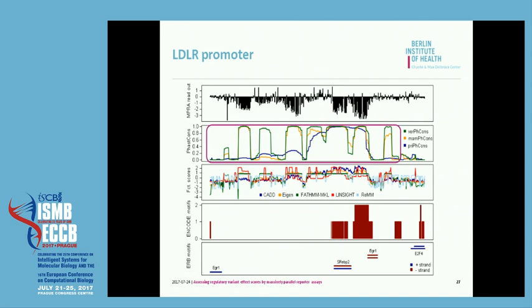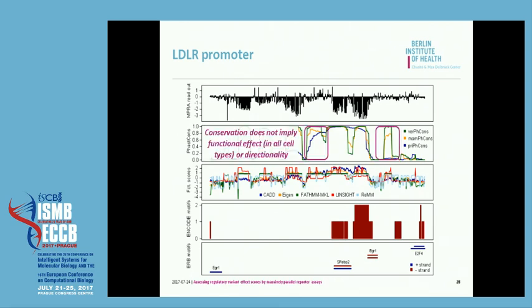So here, those binding blocks that we see in our data seem to be, at least on the large level, well recapitulated in the conservation. There are exceptions to that. So there's, for example, this block here where it's not a repressive region, right? So we learn that conservation does not imply directionality, but we also see this other block where we don't see